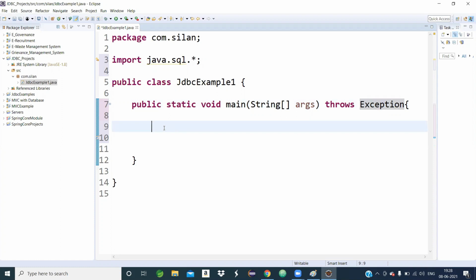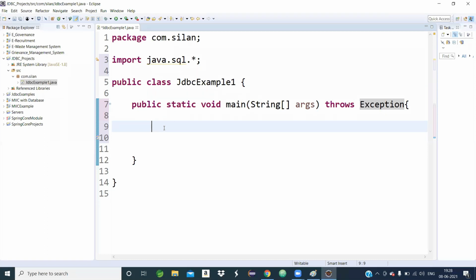Why I wrote throws Exception: the compiler thinks that if a JDBC program throws some checked exception, it must be handled. Otherwise the compiler may throw a checked exception at compile time, maybe an IO exception or SQL exception. To avoid a checked exception, we can use the throws keyword.